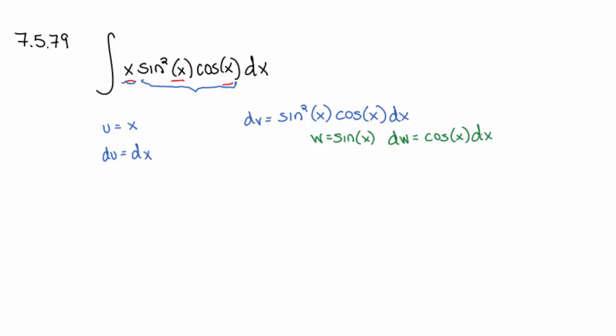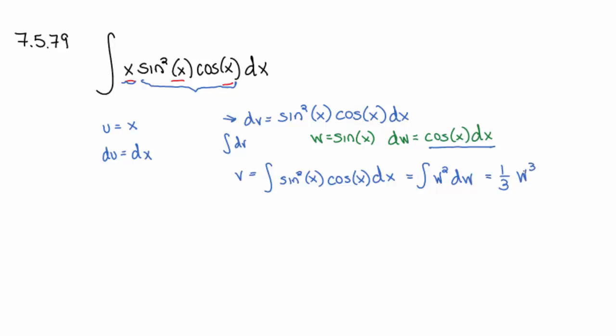And so when you're taking the antiderivative of this, or in other words, when you're integrating both sides of this equation, the left-hand side, the integral of dv, just becomes v. The right-hand side, you're looking at the integral of sine squared of x times the cosine of x dx, but you've just made the substitution and you said, now everywhere I see a sine, it's going to be a w, so that's the integral of w squared, and everywhere I see a cosine x dx, I'll replace it with a dw. And that will become a 1/3 w cubed. And so you know what w is. W is the same thing as sine, so that's a 1/3 of sine cubed